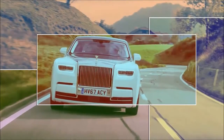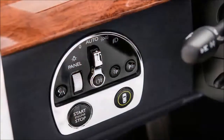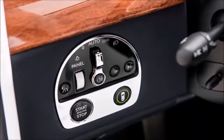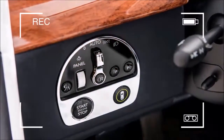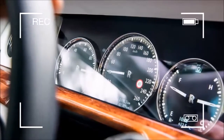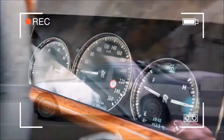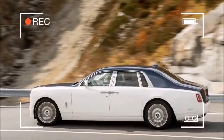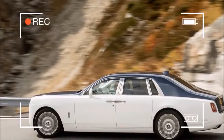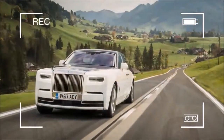The first Rolls-Royce Phantom was produced as long ago as 1925, and the company claims that the nameplate is the longest serving in the automotive industry. While that's true, there have been long gaps between some of the earlier generations. Regardless, this all-new 8th generation model, we're asked to refer to it as Phantom VIII in the style of a Monarch or a Star Wars sequel, directly replaces the 2003-era Phantom VII, which was the first Rolls-Royce developed under BMW